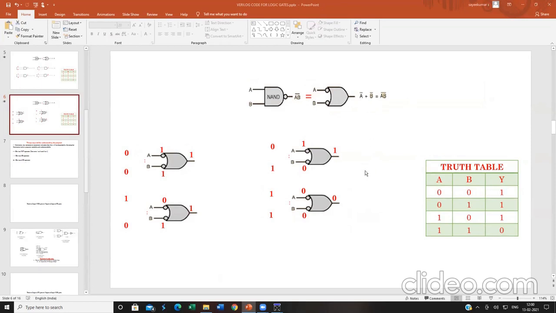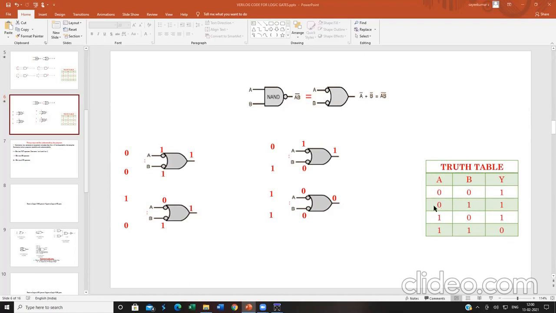So there are two ways by which a De Morgan's theorem can be proved. First one, the complement of a variable. If I am going to take a complement of an expression, if there is any uncomplemented variable, they will get converted into a complemented variable. If there is any complemented variable, they will get converted into uncomplemented variable. If the expression is having any AND operation, it will get converted into OR operation. If the expression is having any OR operation, it will get converted into AND operation. So this is the practical realization of your De Morgan's theorem.